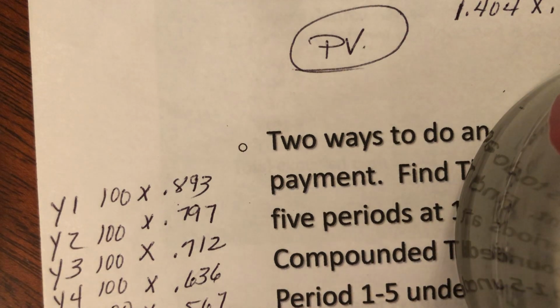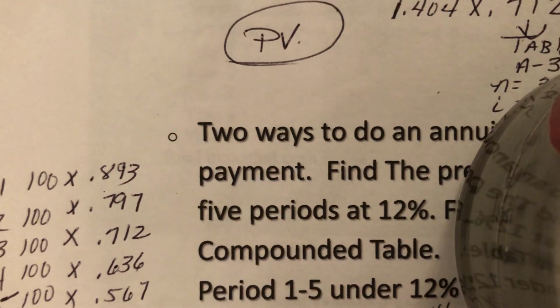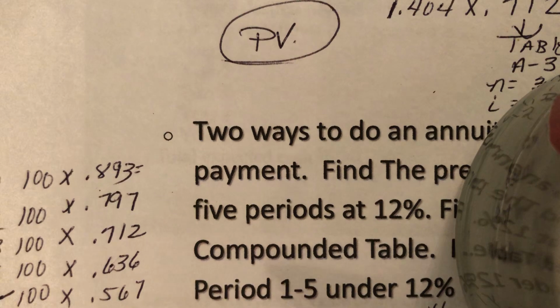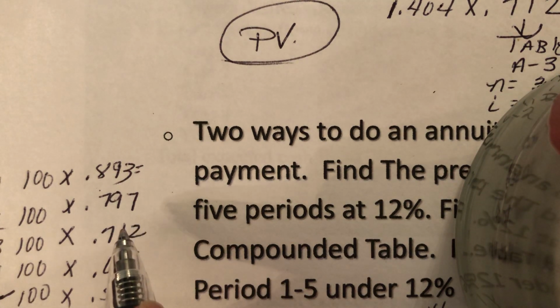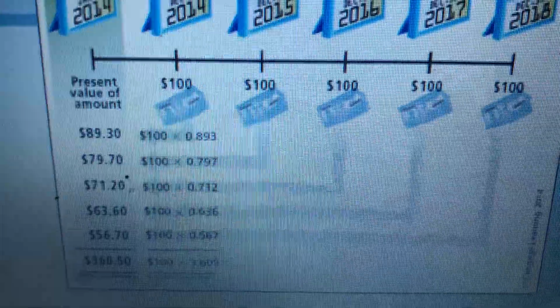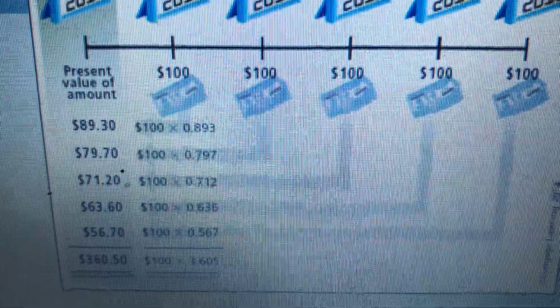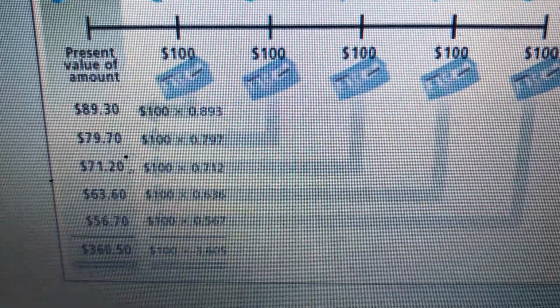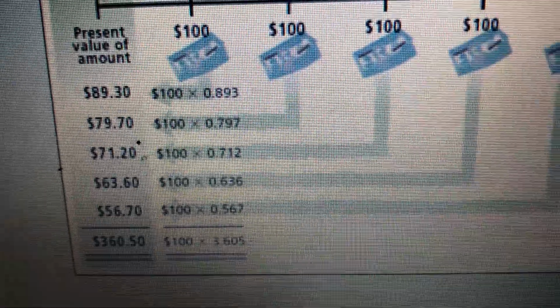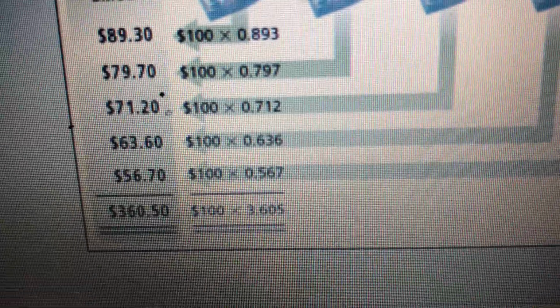Now, when you do the multiplication, okay, this is what you're going to come out with. Let me just show you on the slides what your answer is, because I don't have room here. So, coming to the PowerPoint slide, these are your answers: $89.30, $79.70, $71.20, $63.60, $56.70, for a total of